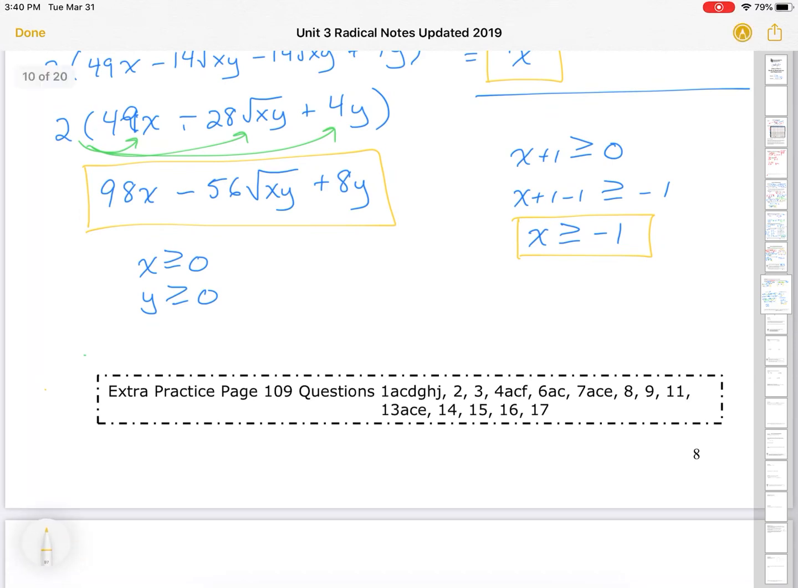All right, so looking at this, that's multiplying radicals. So here is our assignment in your workbook. It's extra practice on page 109. And again, if you have any problems, just